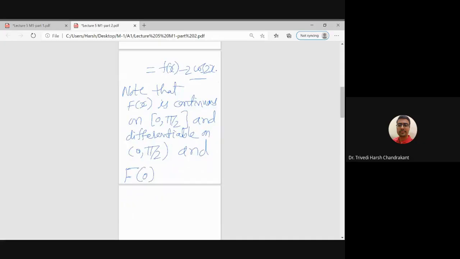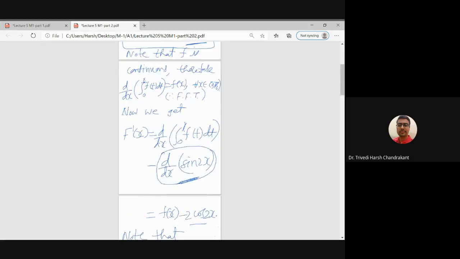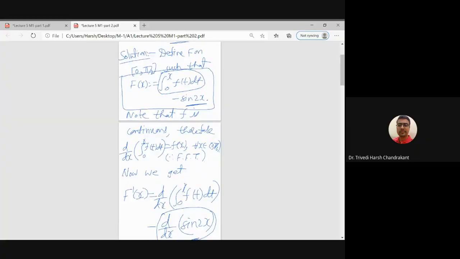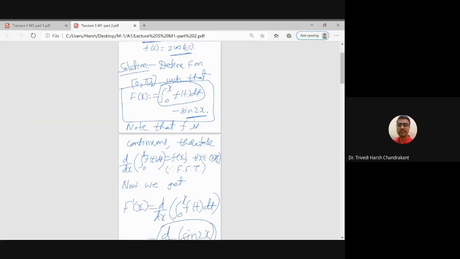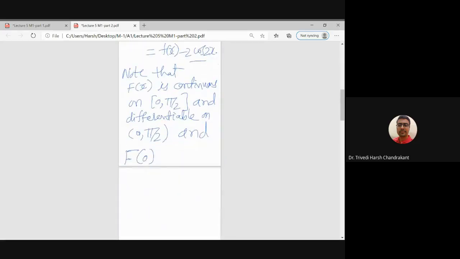Okay. So let us first check whether this capital F function satisfies all the properties of the mean value theorem. To check that, we have to check the value of capital F function at the endpoints. So capital F of 0 is 0, because the area of the function from point 0 to 0 is always 0, and sine 2 times 0 is 0. So capital F of 0 is 0, and capital F at pi by 2 is basically the area from 0 to pi by 2 of f(t) dt